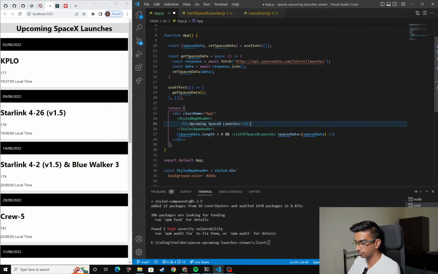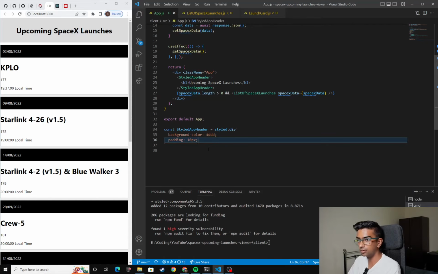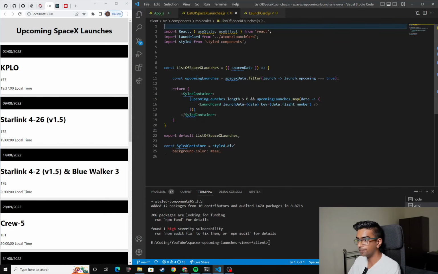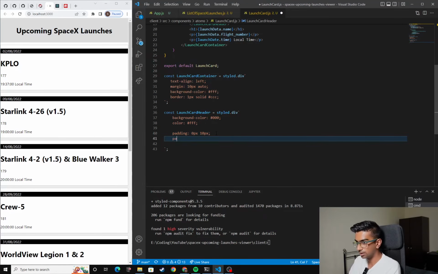There we go. Can add some padding as well, so you can do padding 10 pixels around. Nice. And then if I do padding 0, and then I just do padding,